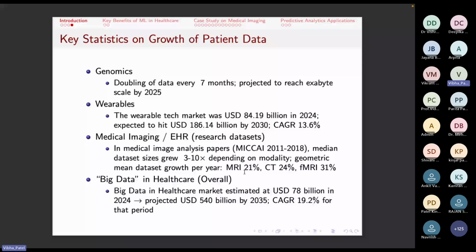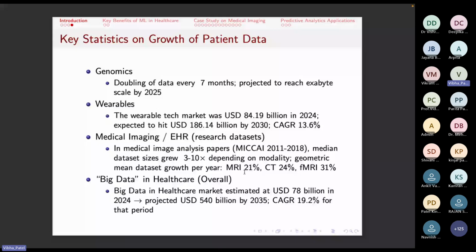And again, that also depends on the modality of the data, like whether it's MRI or CT scan or fMRI and so on. The geometric mean data set growth per year for MRI, CT scan, and fMRI is expected to be 21%,